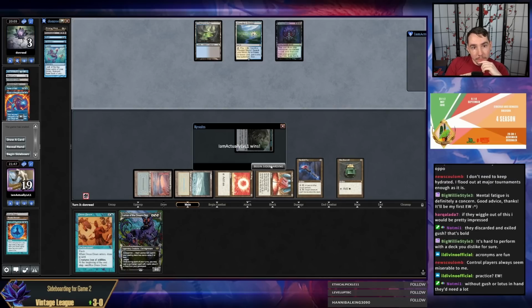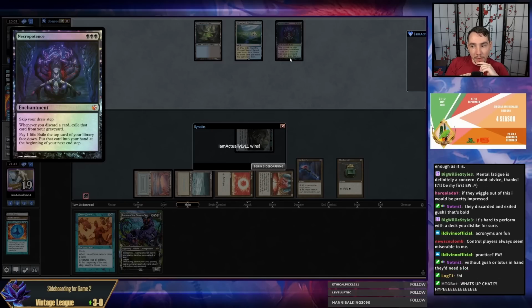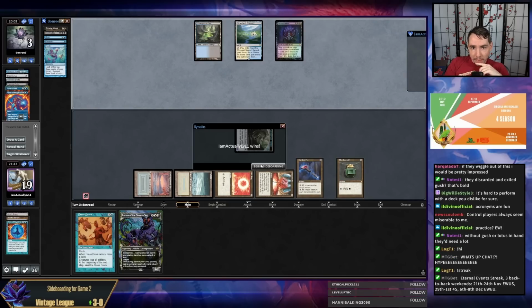All right. Seems like we made the correct choice in letting the Necropotence resolve, which is probably the most interesting thing that happened in this game. I do feel like they had a Force, so it's likely that our choice wouldn't matter that much, but...